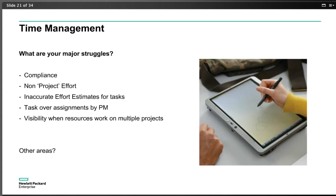You probably haven't run into anybody that said, hey, all the time when I was growing up, I wanted to get 100% timesheet compliance when I grow up. That's never been anybody's goal, I think. The second issue that we've seen a lot of customers struggle with is, and this is again tied to some of the project management side of it,